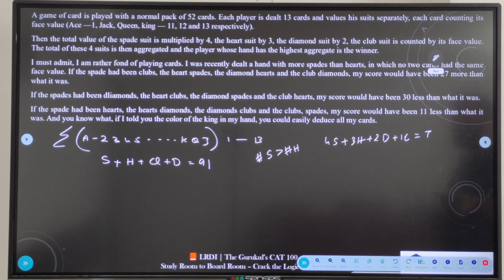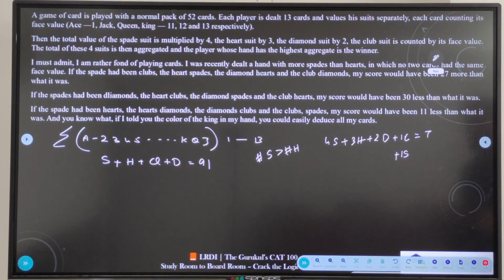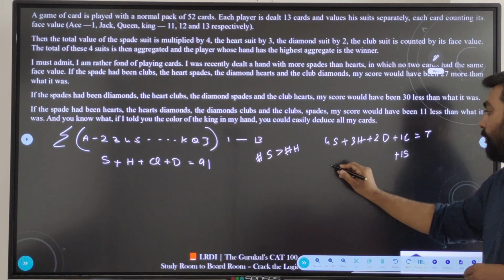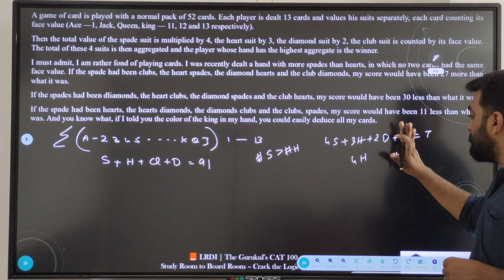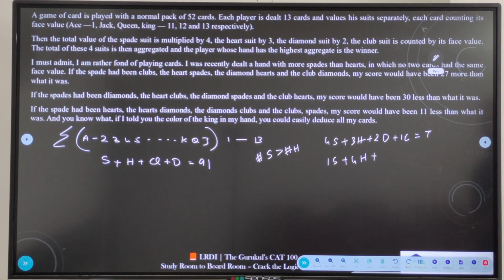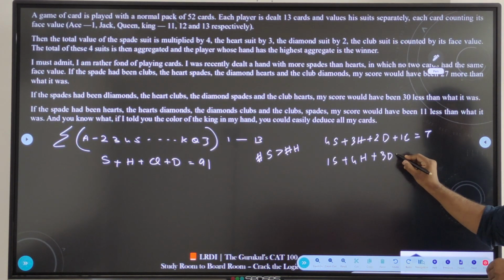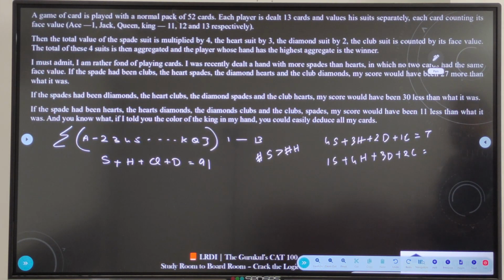If the spades had been clubs, which means the spades should be multiplied with 1. Spades became clubs. Okay. If the spades had been clubs and the hearts became the spades, so hearts should be multiplied with 4. So 4 into hearts, 1 into spades plus. Next, what is happening? Diamonds become the hearts, so diamonds should be multiplied with 3. So 3 into diamonds, plus we are left out with clubs, and clubs, 2 into clubs